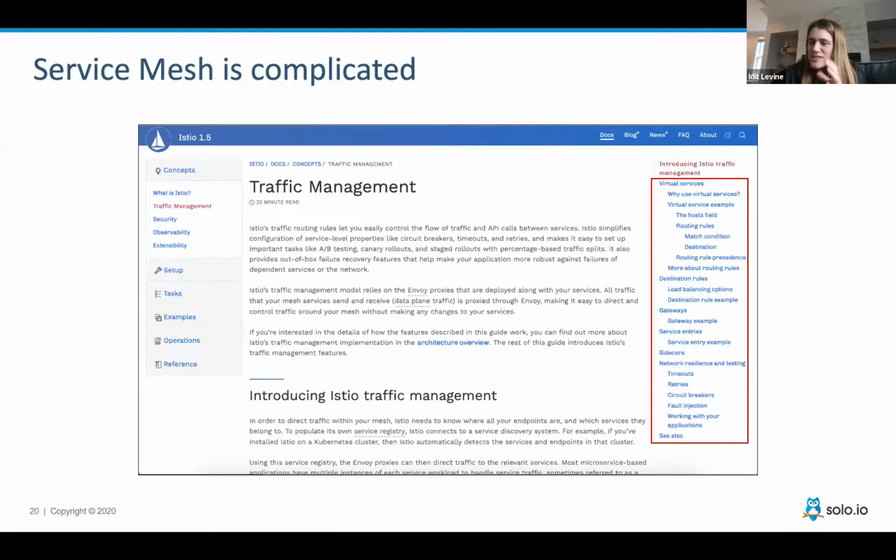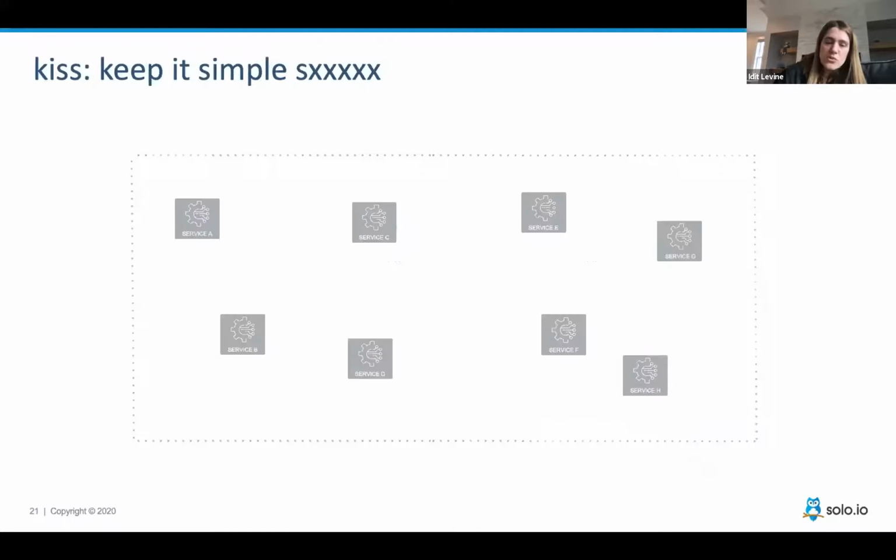So the question, and maybe this is not the right name for this API, but in a nutshell, what I'm trying to say is that there is a lot of implementation detail in those APIs, and that's very complex to learn. So what I try to do is to understand what is actually the feature that I'm giving to the customer. What do they want to do? Why are they taking a service mesh? And try to simplify it in a way that people who don't want to understand Envoy to the guts will still be able to use service mesh. And what I came up with is very simple.